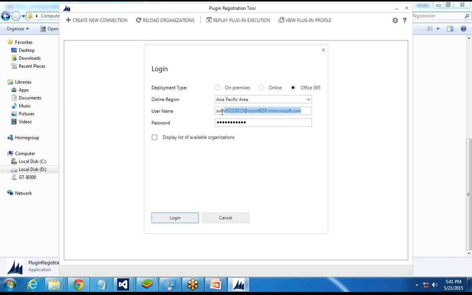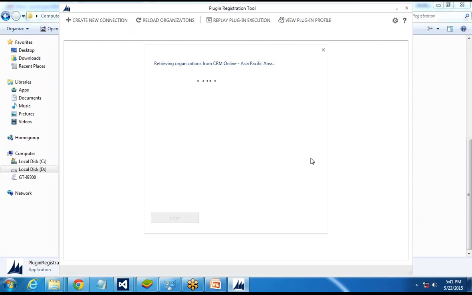I enter my Dynamics CRM login ID and password. Because I'm using Office 365, I look for Office 365. If you are using on premises or online, you can check the options accordingly, and I click on login. It will connect to the application and load it here.